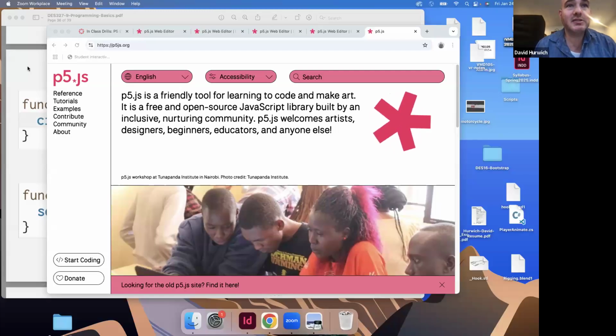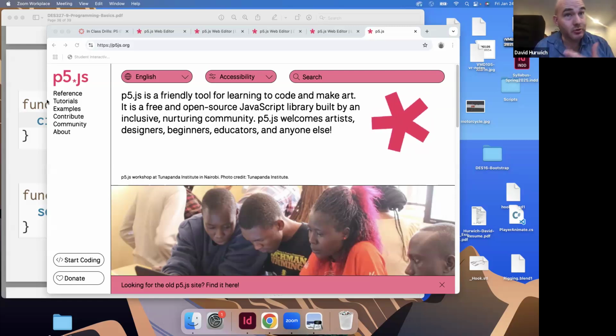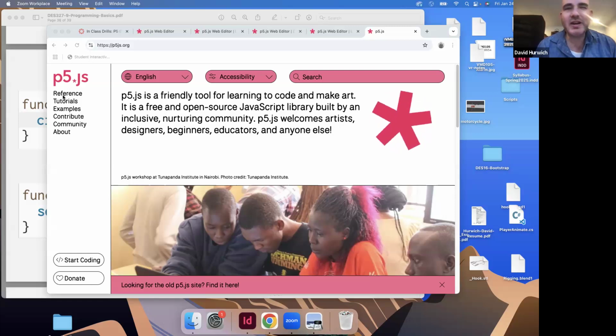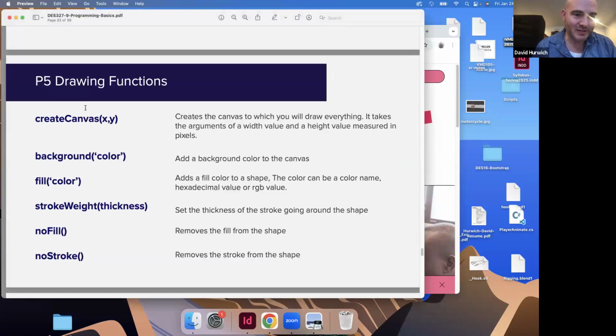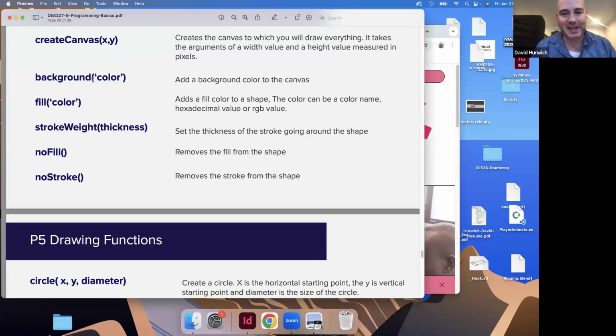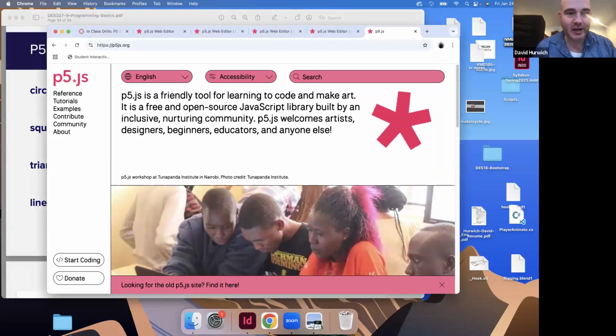All right, in the last video, we talked about doing basic functions like creating a canvas and creating circles and squares. And you might be thinking, okay, how do we know what these functions are, right? Obviously, you can look at the documentation I gave you, but let's say you didn't have my slides. Well, if you go to the